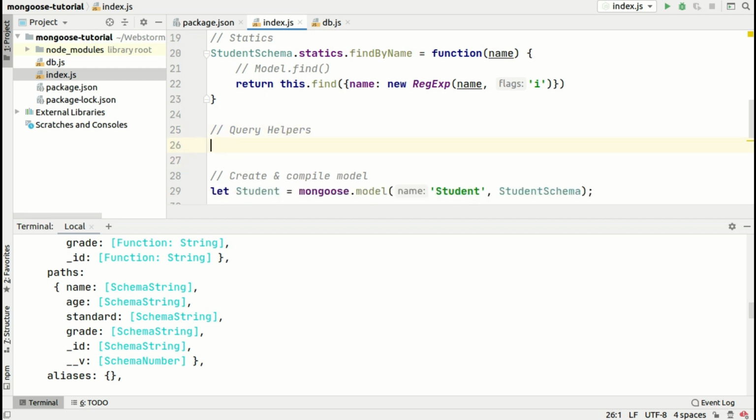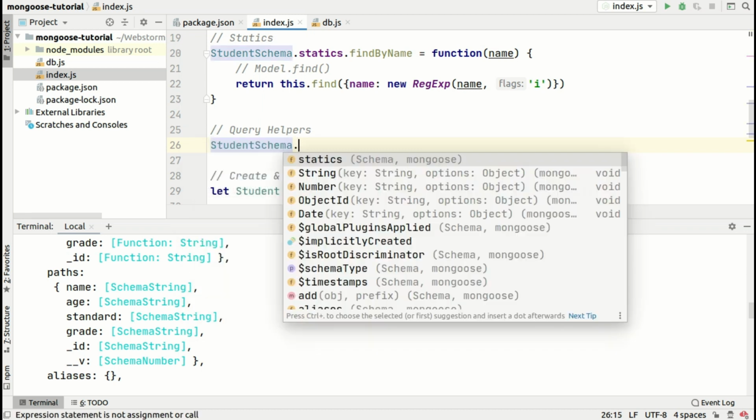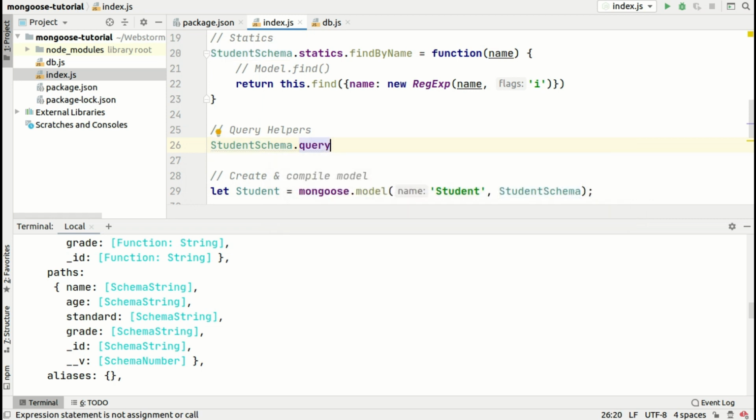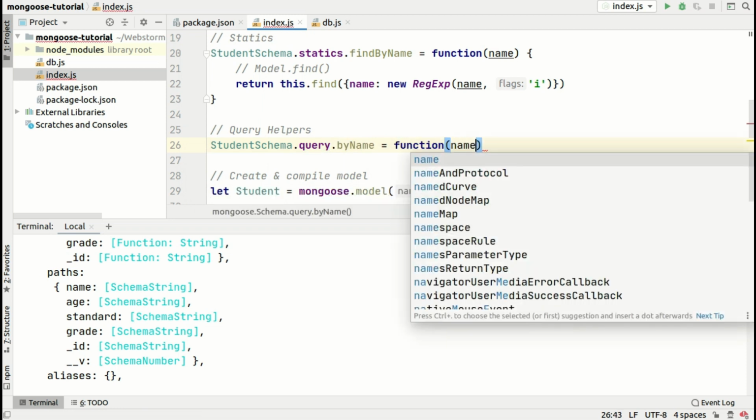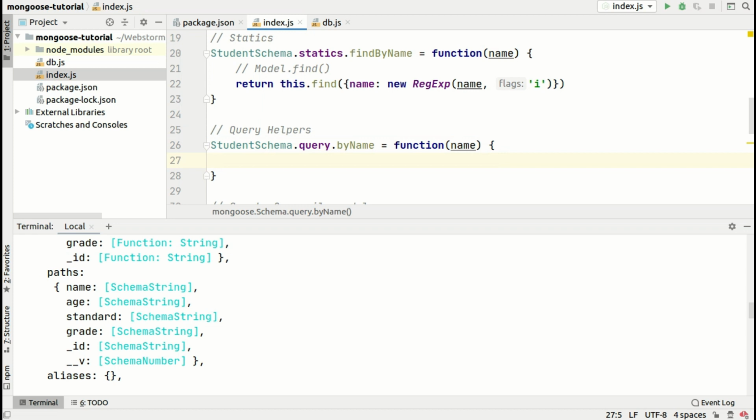So query helpers basically apply on the query functions. Query helpers are like instance methods in Mongoose, but they apply on the Mongoose queries. Now let's write one function which will return a document by name. So studentSchema.query.byName is a function that takes a name, and it will return